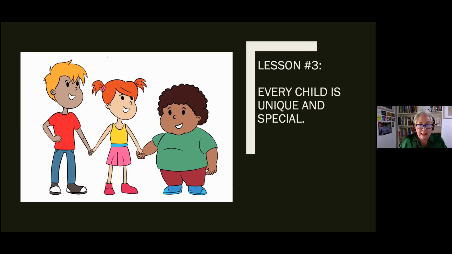But I think the key here is to think about your class always in terms of the whole class, but also in terms of the individuals. And remember that each one is unique. Okay,